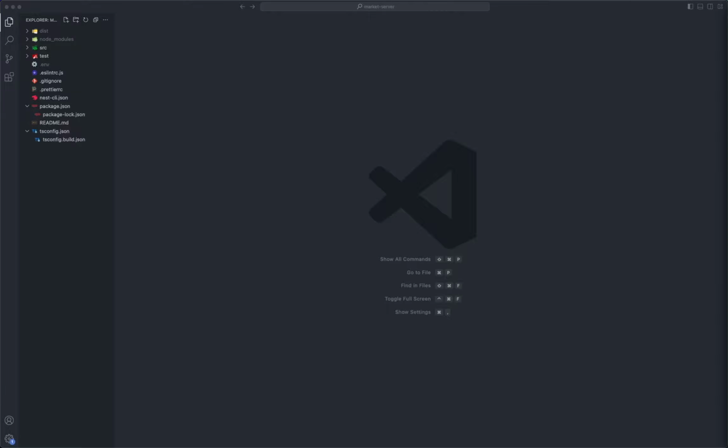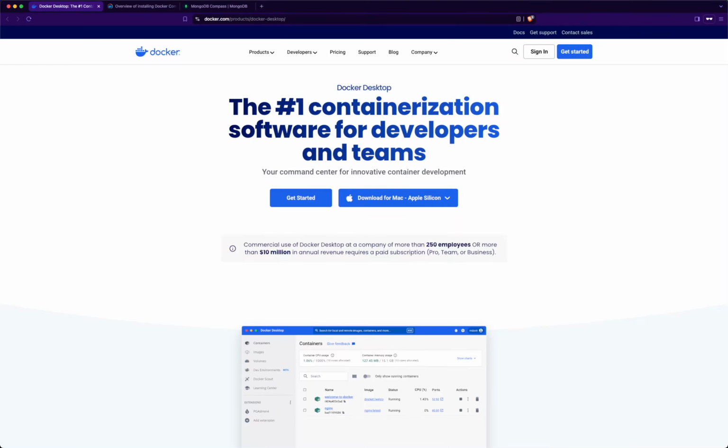Hey everyone, welcome back. In this video we will connect our application to MongoDB and talk about the repository pattern and abstract repository pattern. But first of all, we need to install a few things, and one of them is